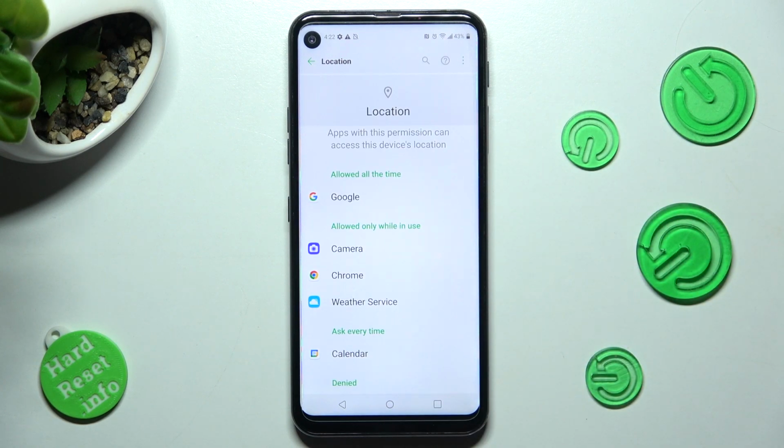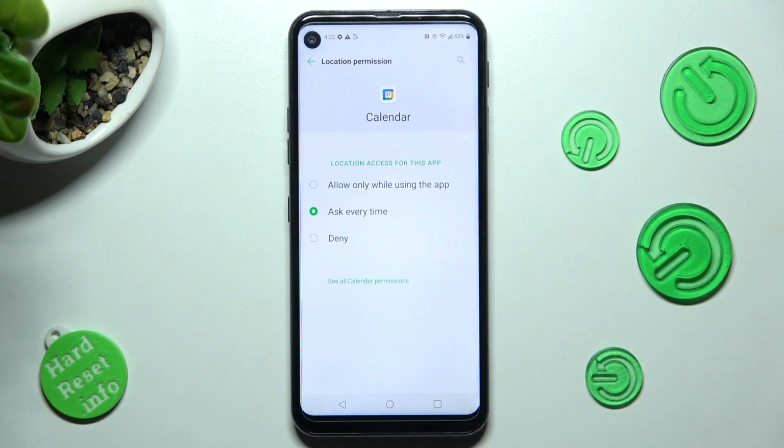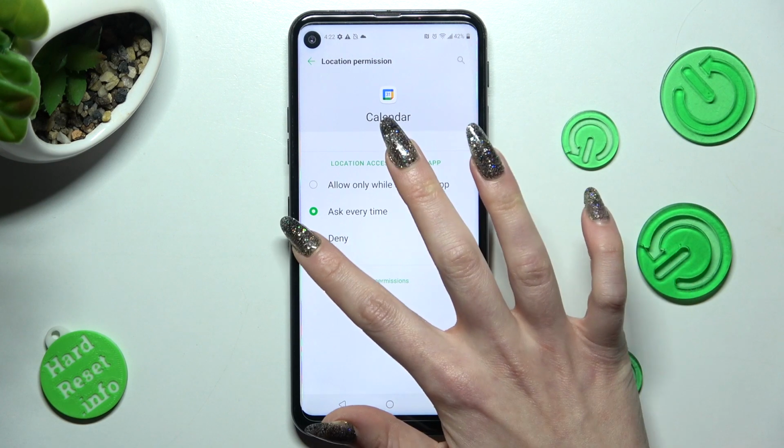Now pick one of your apps by clicking on the chosen one and click on the best option for you. Allow only while using the app, ask every time or deny. I will go with deny, so now